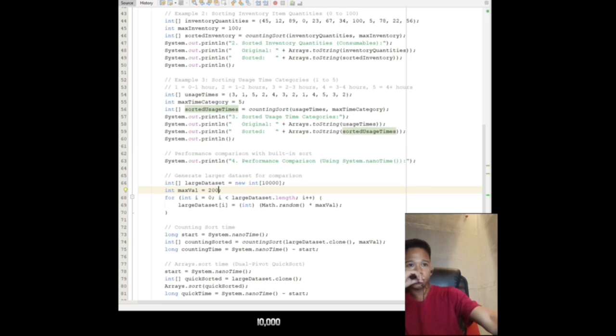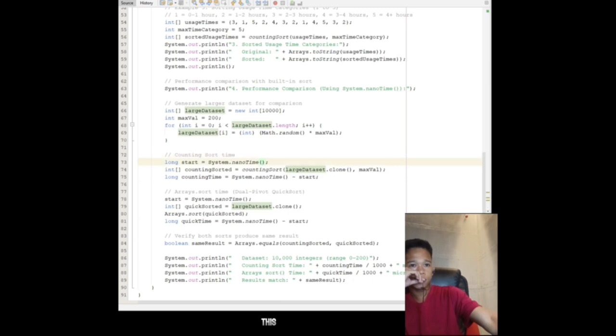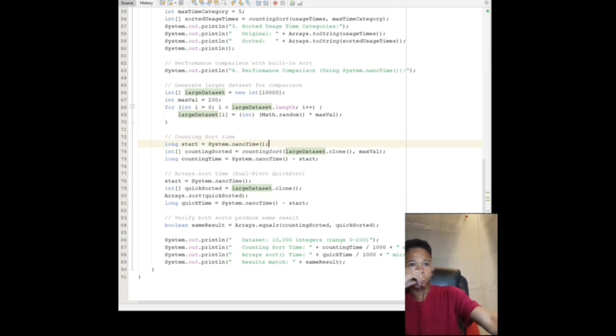The values are generated randomly under the 200 max value, repeatedly. Then the measurement uses System runtime as the time measurement.